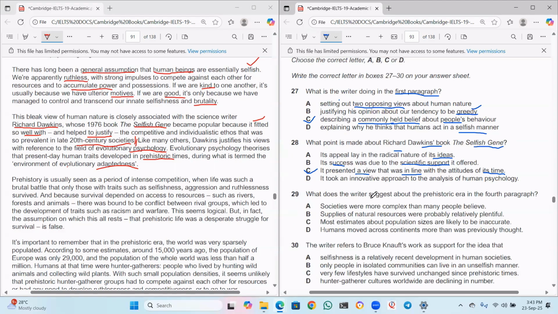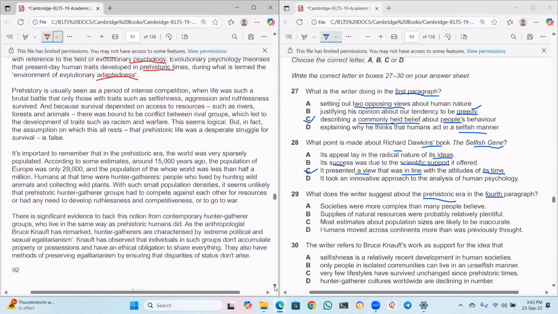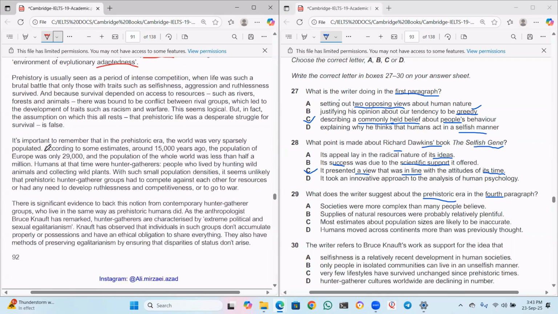Next, what does the writer suggest about the prehistoric era in the fourth paragraph? So he's talking about the fourth paragraph, okay? So yeah, we don't have to waste our time reading the third one, right? We'll go to the fourth paragraph directly here and then we'll start reading, okay? Now, it's important to remember that in the prehistoric era, the world was very sparsely populated. Okay, sparsely means